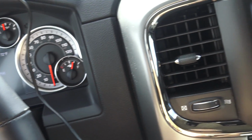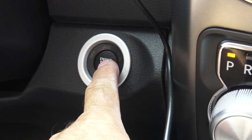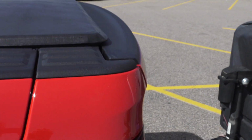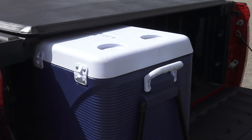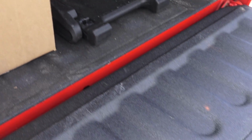But anyway, push button start. You gotta love push button start. 20-inch wheels, Goodyear Wranglers. Love the Ram box. Big fan. This has a tonneau cover, so we've got it loaded, and that tailgate locks too. But you know, we got this thing full. We're gonna load all of our provisions, and get our ice bags, and then